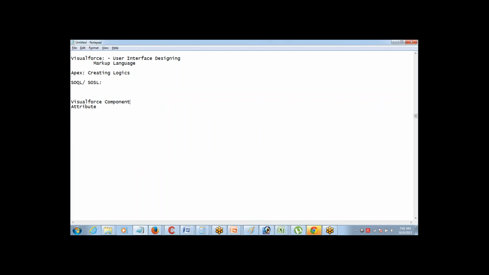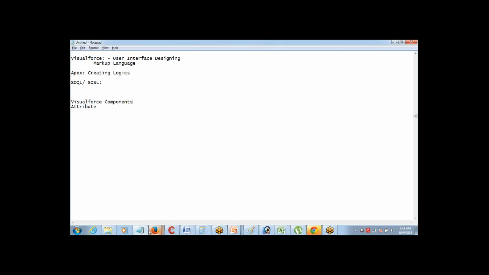Visualforce, as I said, is a tag-based markup language, and we have tags similar to HTML here. But in Visualforce we don't call those tags, we call them components. In HTML we have tags, in Visualforce we have components.